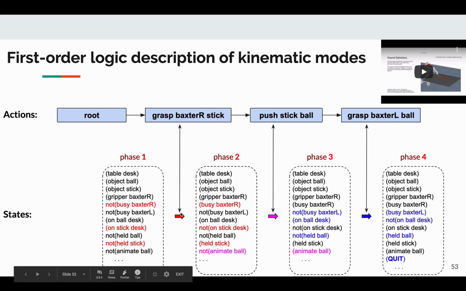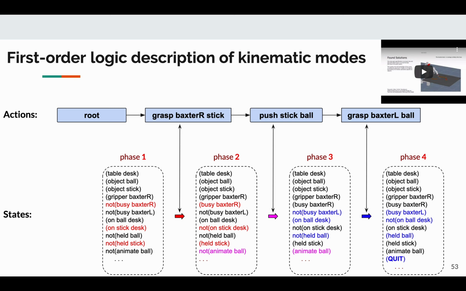So this red arrow represents respective facts about the world which are being changed by this action. And when we change these facts about the world, we can apply the next action. And this next action also changes some of the facts about the world. And we proceed with these actions until we find a quit flag. And quit flag means that the task is solved, or potentially solved, because right now we are solving the task just